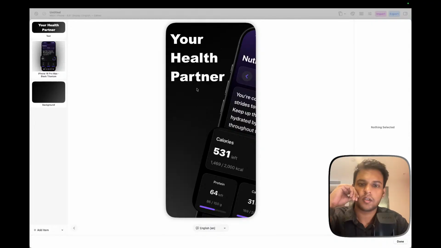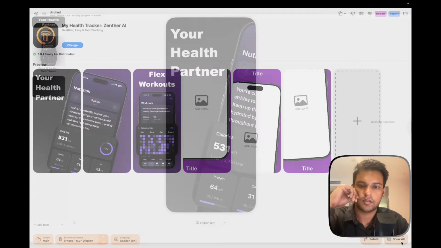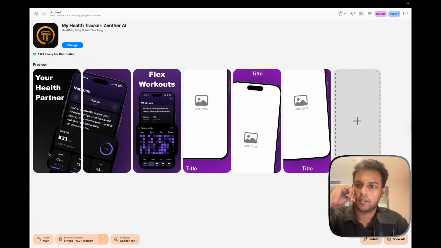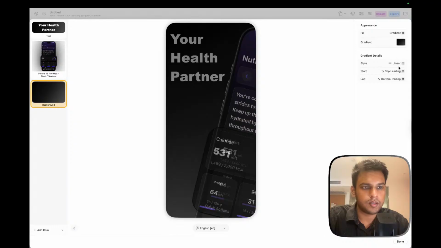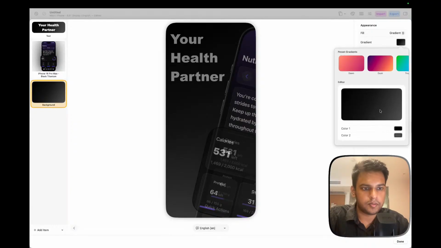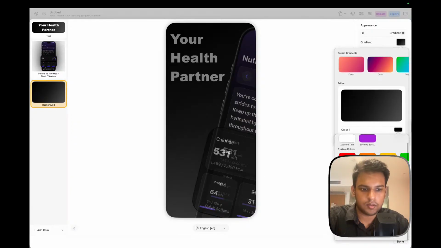So it looks too dark. So what can we do here? We have a top. We take out the color.